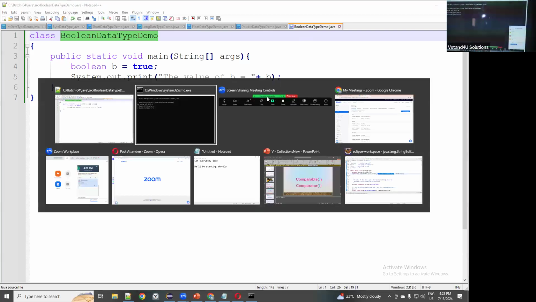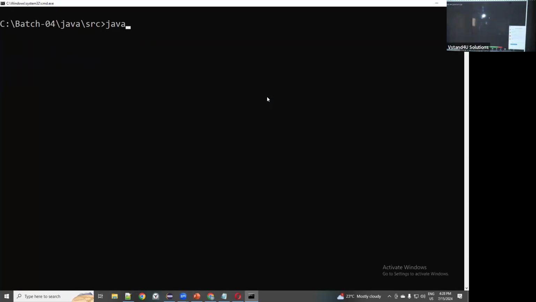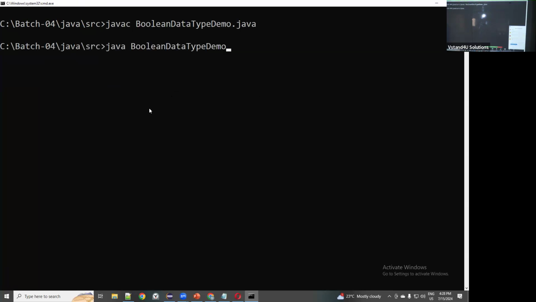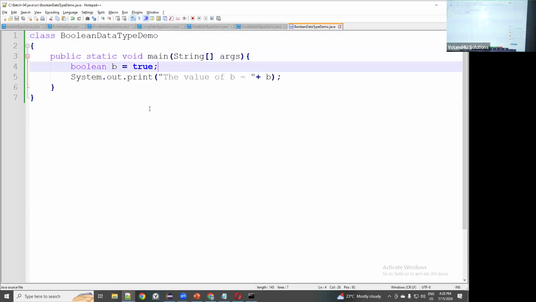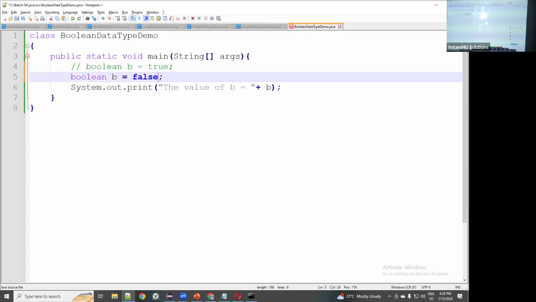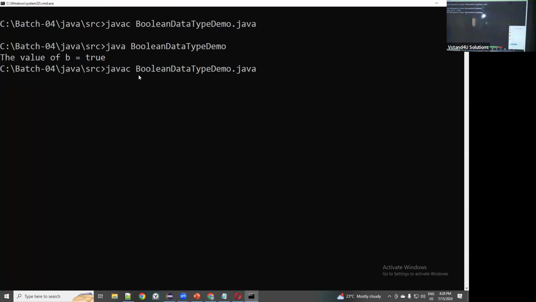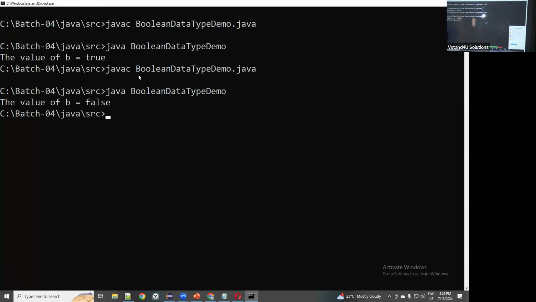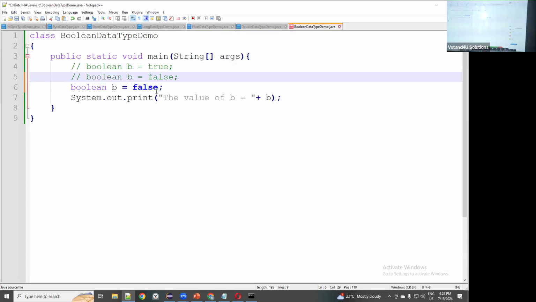Then let me go to the command prompt. Let me clear the screen. Perfect. Okay, sir, let me give a try with the other possible value. What is the other possible value? The other possible value is false. Absolutely fine. Apart from these two values, let me give a try to anything else. Say,